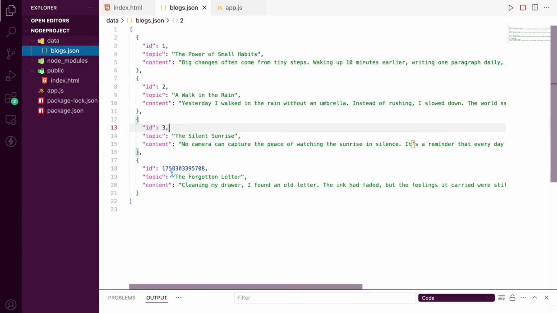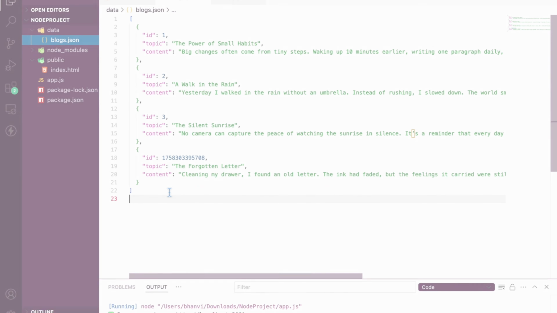When we add new blogs from the front end, they get appended here. So even if we restart the server, the blogs remain saved permanently. This is a great way to learn how backend storage works before moving to real databases like MongoDB or MySQL.